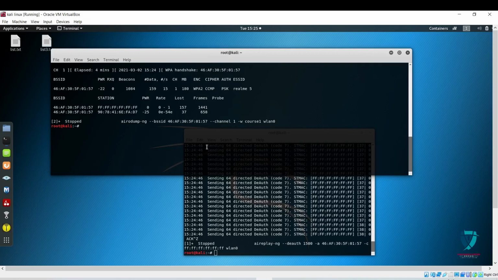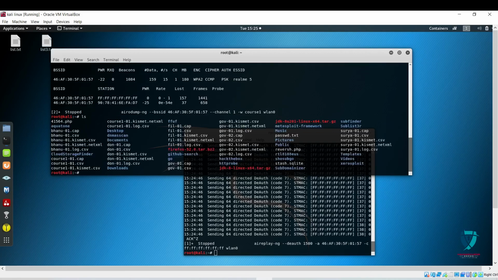After receiving the handshake, it is easy to crack. Actually our main motto in this Wi-Fi hacking is to receive the handshake, because this handshake contains the password of the hotspot. So aircrack-ng, and then the file name will be course-01. Let's see whether the file name is course-01 or not.